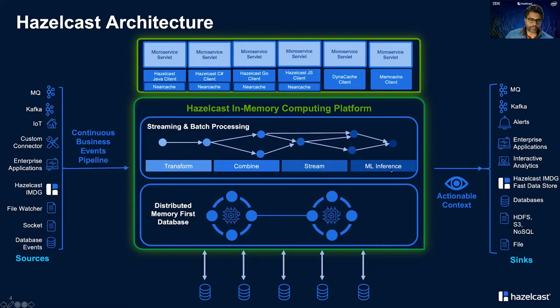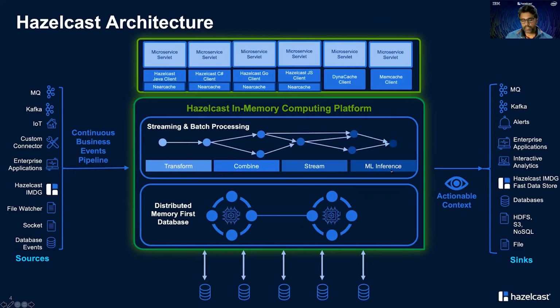Now, the list of sources and sinks that you see on the screen is not restricted or limited to what you see on the screen. It is just an indication. You can have any type of source or any type of sink connected to the Hazelcast platform. Now, what you see at the bottom of the screen are databases. Hazelcast can run very nicely with databases.